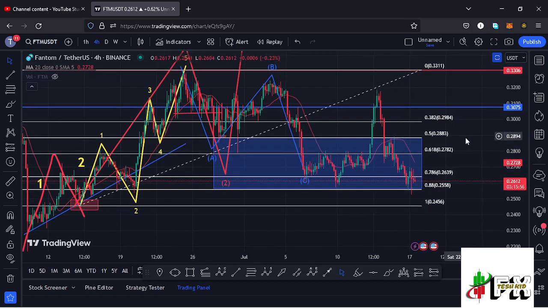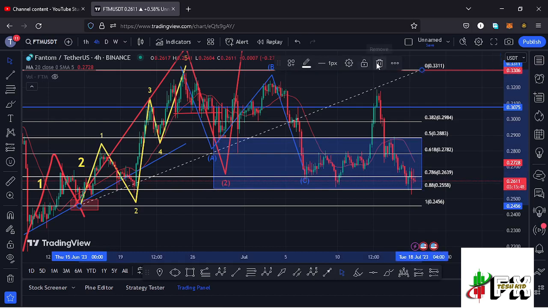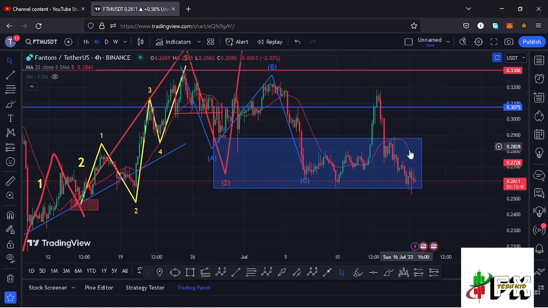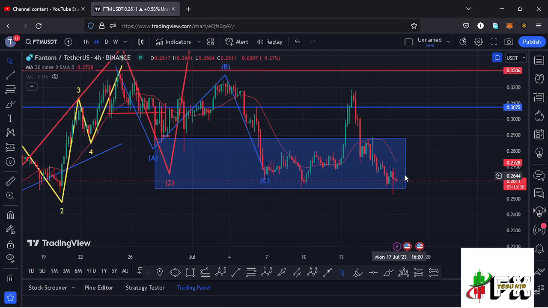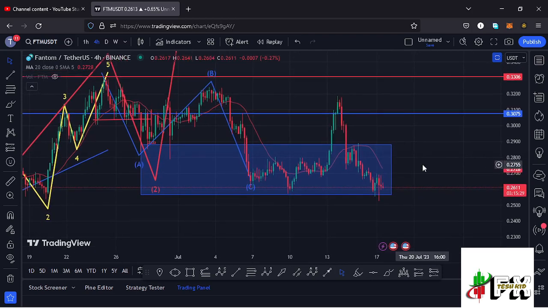In case we lose the Fib level 0.88 here on the charts, then that would be suggesting an even more bearish scenario here on the Fantom chart. So we need to continue holding above the $0.2558 mark here on the Fantom chart, and I'm hoping that we don't see a close outside of this blue target area. And as long as we continue holding within the blue target area, then soon